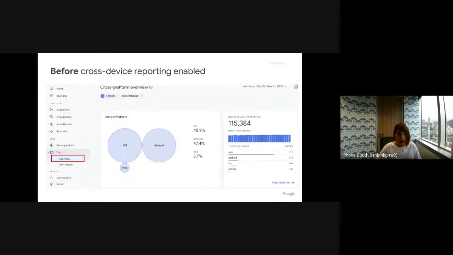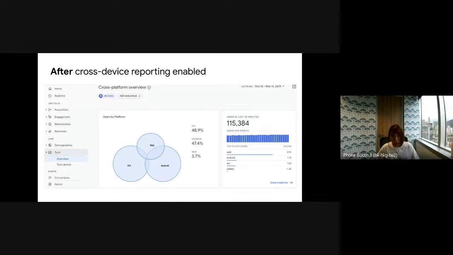And this is a sneak peek of what data you will see when you enable the cross-device reporting, or when you enable Google Signals. This is before you enable Google Signals. Even if you have web and app data together on GA, you will see that data from iOS, the web, and Android are all separate.